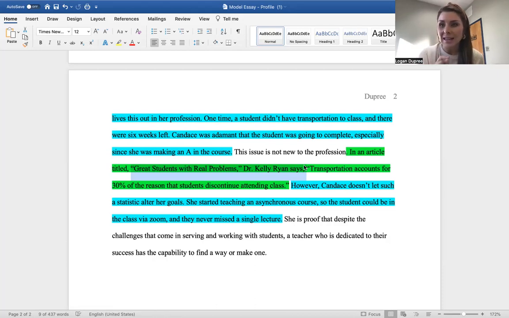Y'all, if you are not citing this appropriately by using the author's name and a page number if applicable, then you are not citing appropriately. A lot of you were using the year when you were citing. It's not the year, y'all. It's the author's last name and the page number. Any other information you include should not be in the parenthetical citation. That's just extra gravy that you're putting in the sentence leading into it. But it's the last name and the page number that really, really matters.